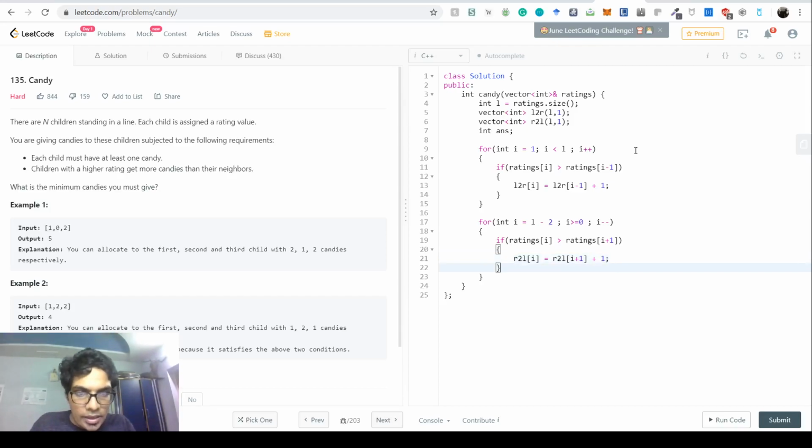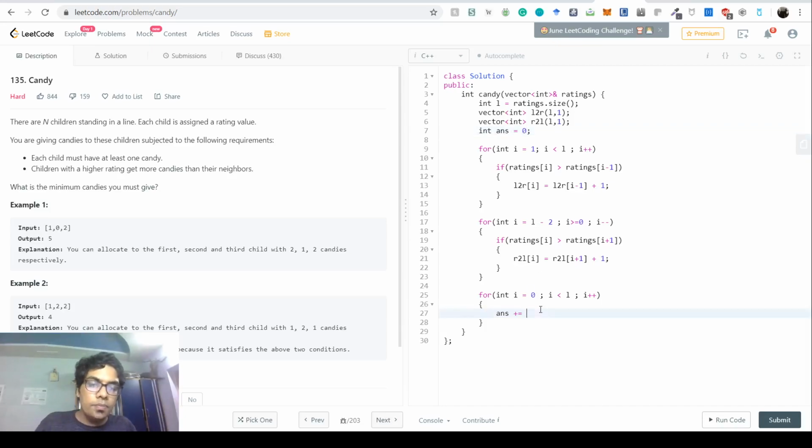What now remains is to iterate through the entire array, from i equal to 0 till the length. We just take the max, right? We initialize the answer to 0, and the answer plus equals the max of left to right of i and right to left of i.